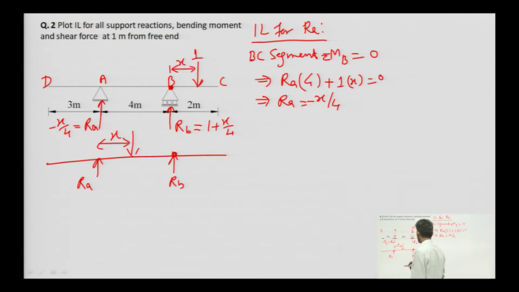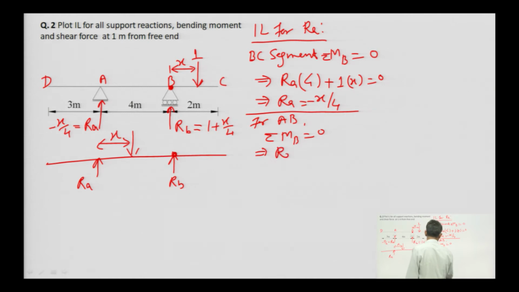Apply again bending moment at point B equals to 0. So, for the AB segment, summation of bending moment at point B equals to 0. We will get